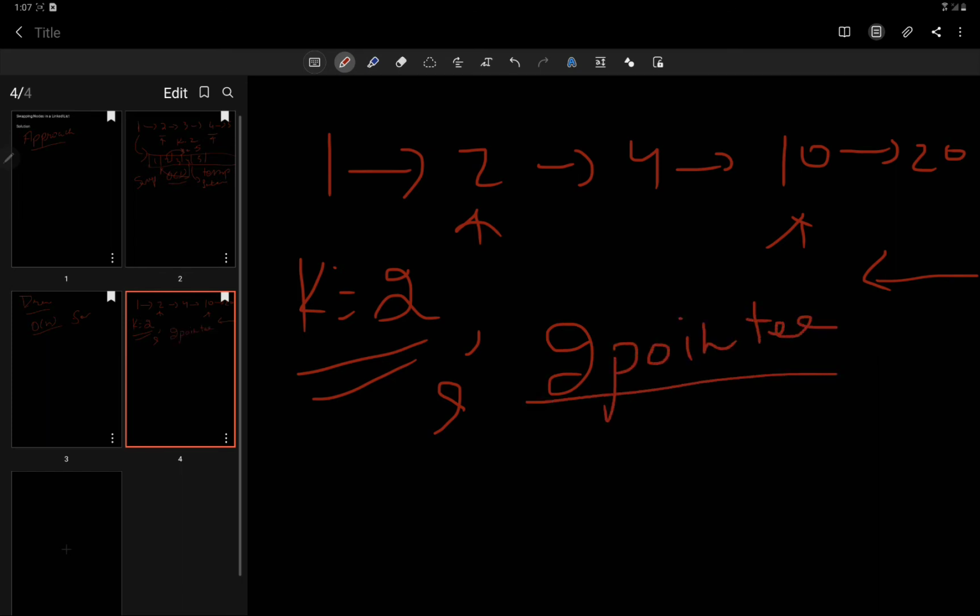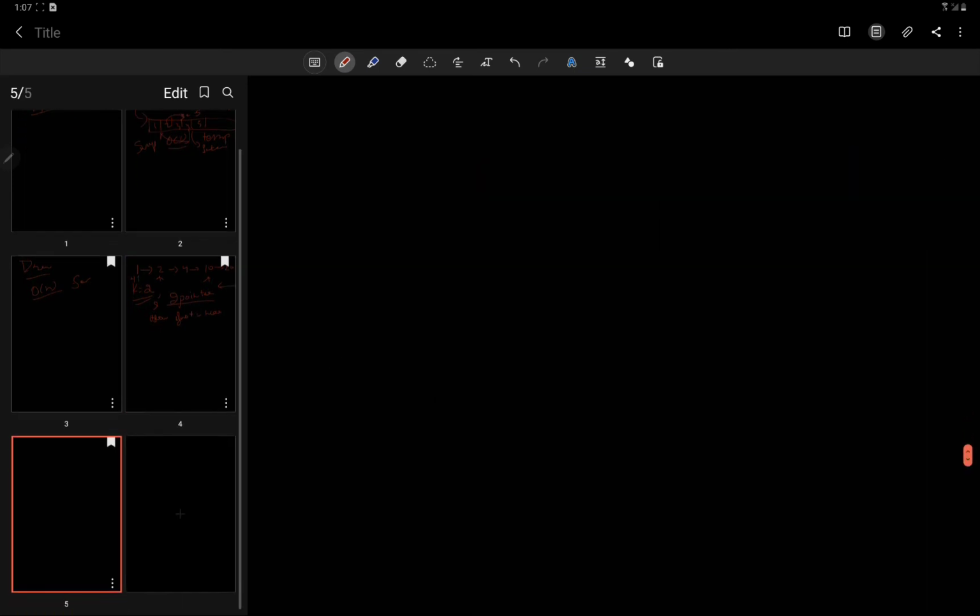Alright, so I will initialize one as a slow pointer and another as a fast pointer. Both will be initialized with the value head, pointing at this. So I'll tell you again, here it would be clearer. 4, 10 and 20.